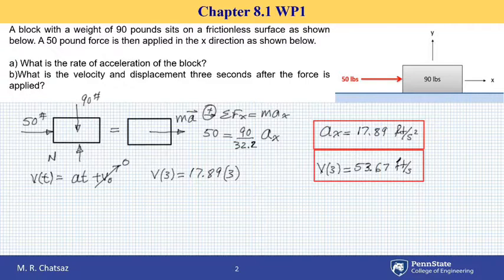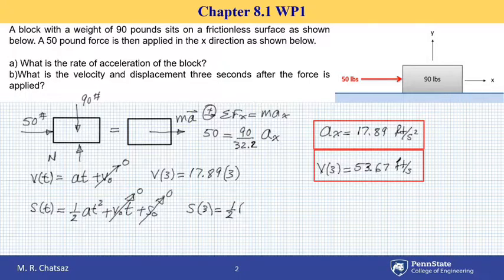Then the last thing we want to know is what is the displacement of it at this time. So I want to write the position relationship. Recall that position S as a function of time for the case of constant acceleration is 1/2 AT squared plus initial velocity times time plus initial position. Again, if I take the origin to be located at the point when the force was applied to it, initial velocity is 0, initial position is 0, therefore S of 3 equals 1/2